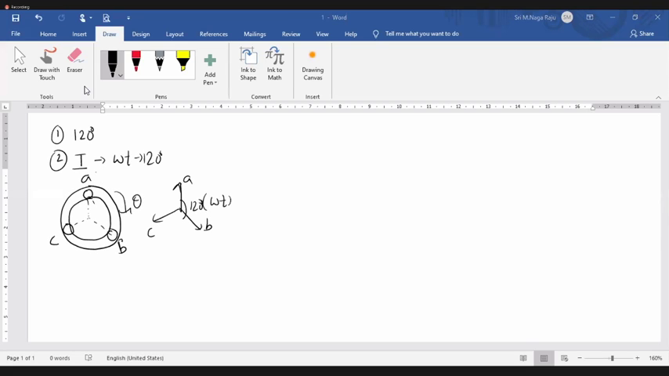Okay. So, for simplification, we will take the cosine function. That is, I'll write here. See, A phase current IA is equal to